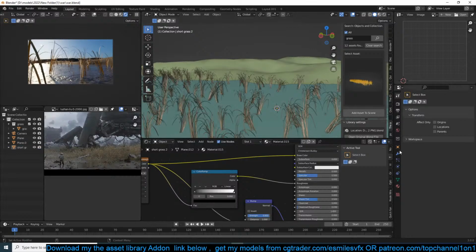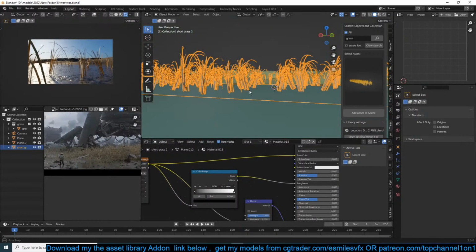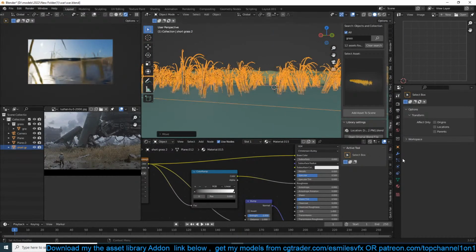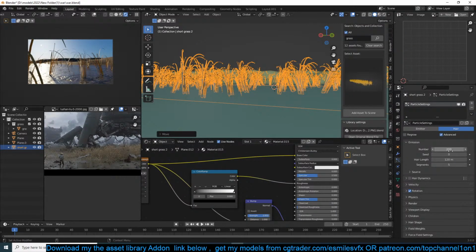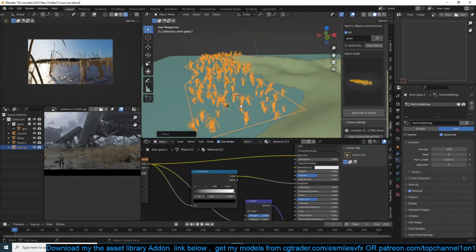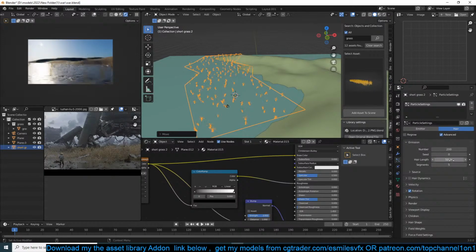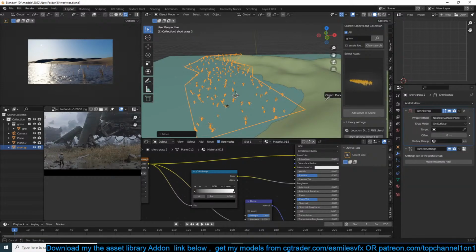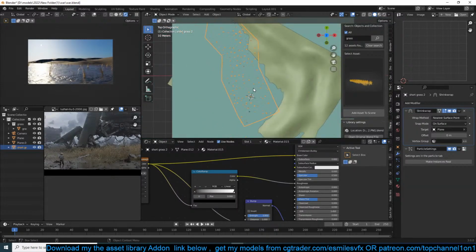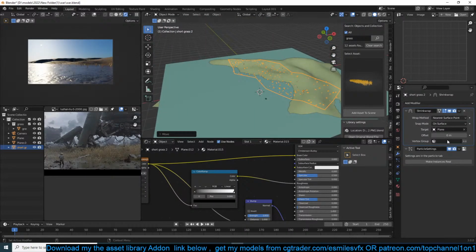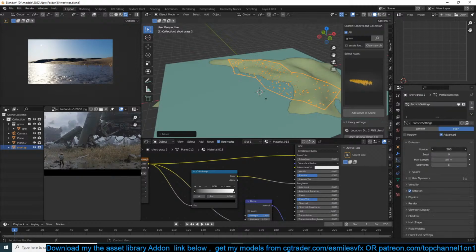And I shouldn't be this tall, so let's make it less tall. I think we can have it on here. And then we can do